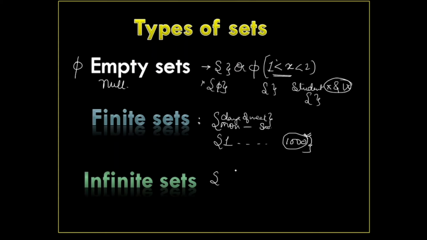Infinite set, for example the set of natural numbers. Natural numbers 1, 2, 3, you can go on writing as much as you want, it will never end. So it is an infinite set. Then a number x which is divisible by 5: 5, 10, 15, 20, go on writing, it is a multiple of natural numbers. So natural numbers are an infinite set, therefore multiples of 5 will also be an infinite set. We don't know where it will end, so it goes on, and that is an infinite set.